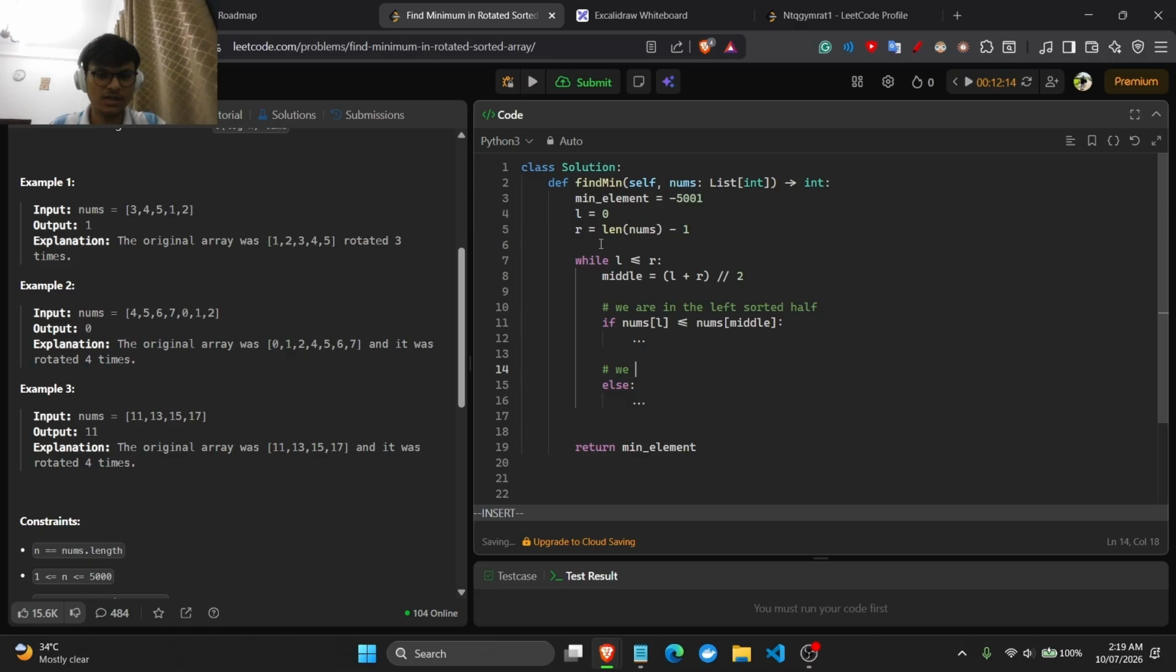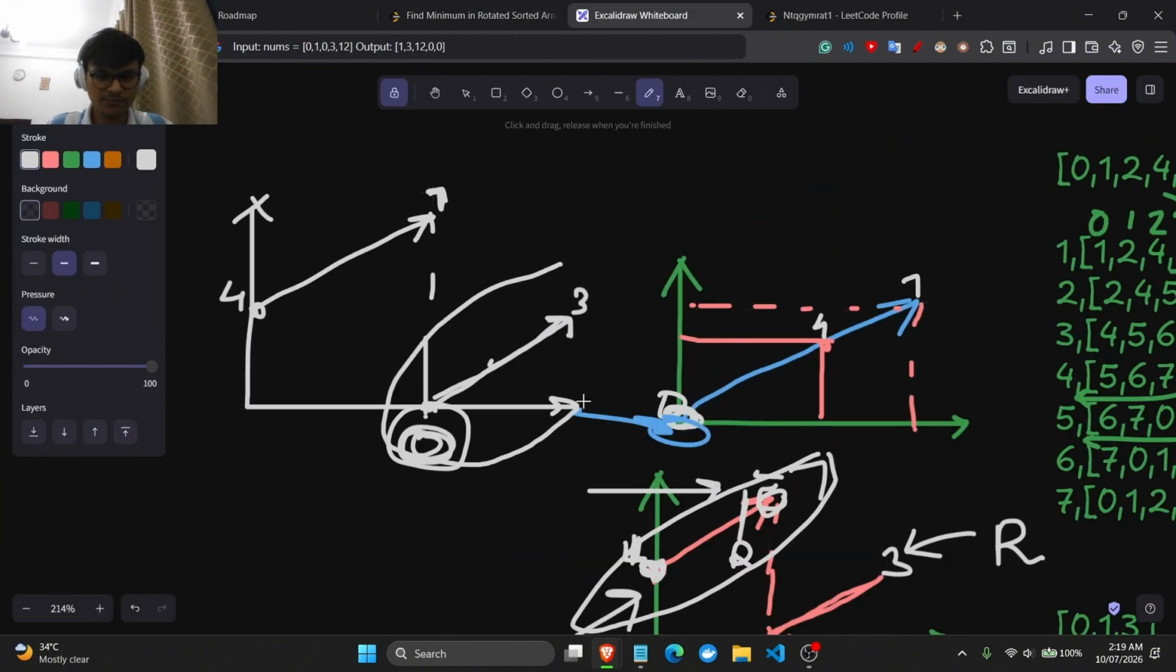We are in the right sorted half, and we know we want to be in the right sorted half, right? We don't want to be in the left sorted half because we know the left sorted half will not contain the minimum element, right? As you see, this is the left sorted half and this is the right sorted half, and so we don't want to be over here, right? This is not where we want to be. And so we would say something like L is equal to middle plus 1, right? Because as we get off here, else